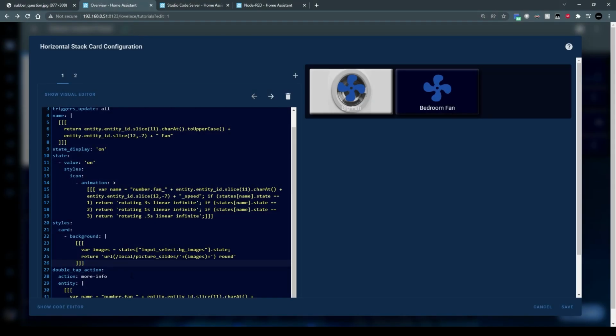And then finally on the styles, we'll do one more line. We'll tab in. So this is in line with the background. And here we're going to put in background-size with the value of cover. And this will ensure that if the button is huge, the background image will size accordingly.